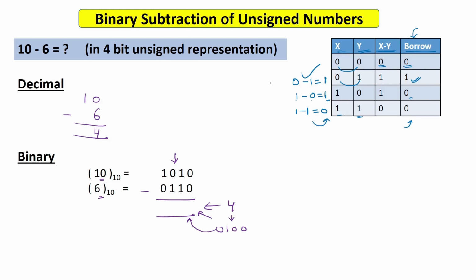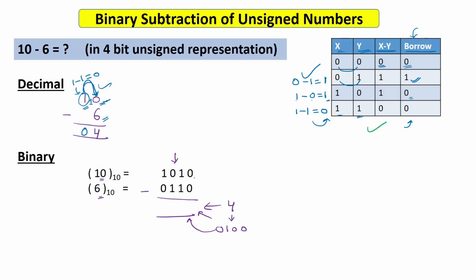So what is the meaning of this borrow? As you can see here, if we subtract 10 minus 6, then you cannot subtract this 6 from this 0. So what you do in your decimal number system is take a borrow from this 1, and you say now this is actually 10. Now you say 10 minus 6, what will be the answer? You will say 4. And when you are taking borrow from here, this number will be subtracted by 1. This number was 1, 1 minus 1 will be 0. So this was 10 minus 6, 4, and this became 0, so it will be 0, 4. The same borrow concept is used in our binary subtraction.